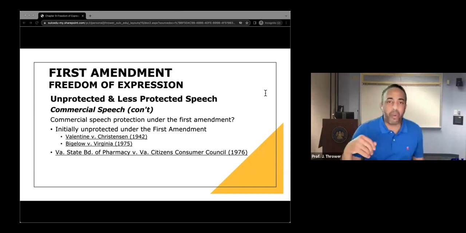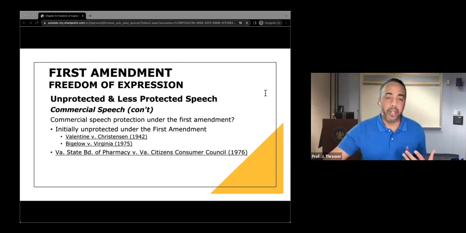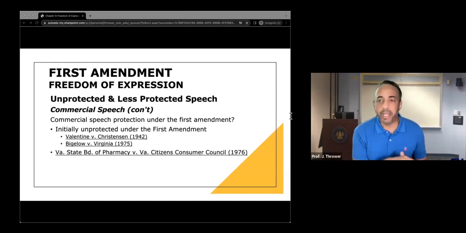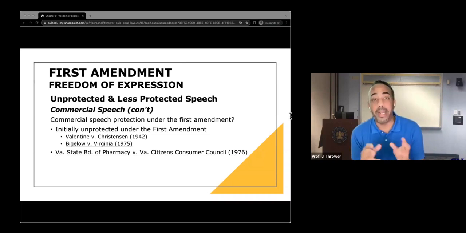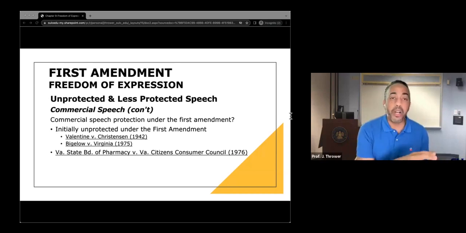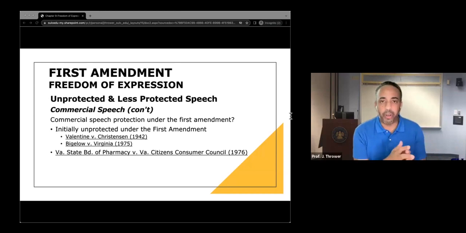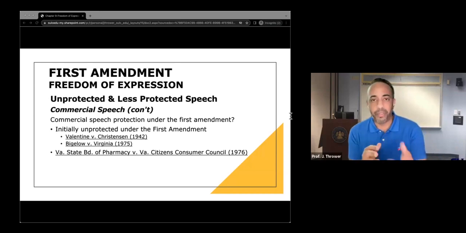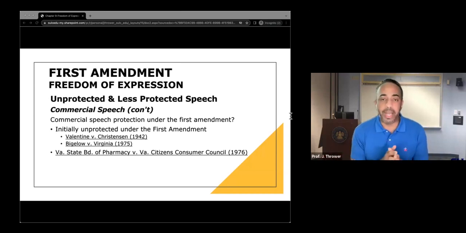So we have this foundation, if you will, this determination by the court that commercial speech should be protected under the First Amendment. So once the court decided that commercial speech is protected by the First Amendment, the issue inevitably arose as to what is commercial speech, right? How do we define it? How do we know it when we see it, right? While some of it is obvious, right? When you talk about the price of merchandise for sale, like in the Virginia Board of Pharmacy case, others are not so obvious, right? And the Supreme Court, interestingly enough, has never defined commercial speech.